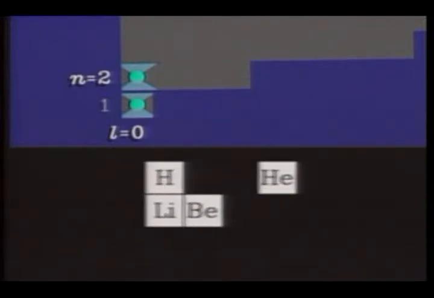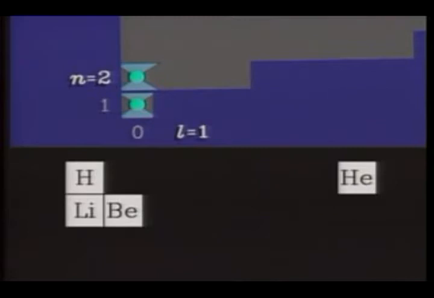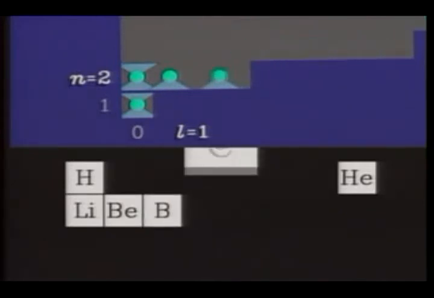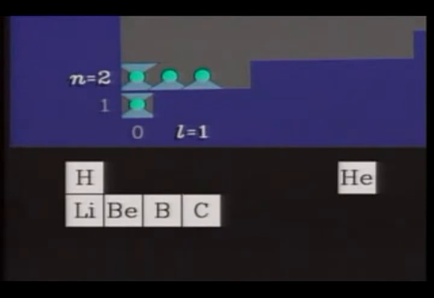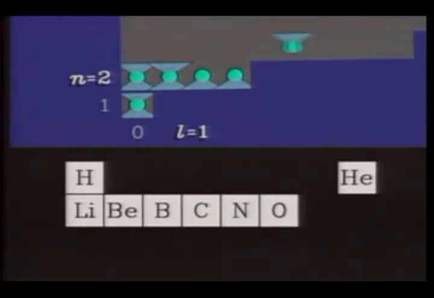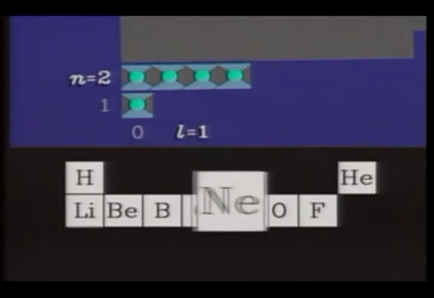Now room must be made in the periodic table for atoms with orbital angular momentum, quantum number L equals 1. The first is boron, followed by carbon. These states have slightly different energies, even for the same n, and as each element is formed, it chooses the lowest energy state available. Following that rule, the shell fills up with nitrogen, oxygen, fluorine, and finally, the chemically inert noble gas called neon.